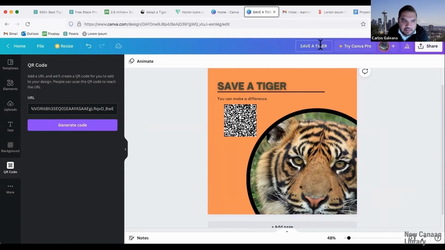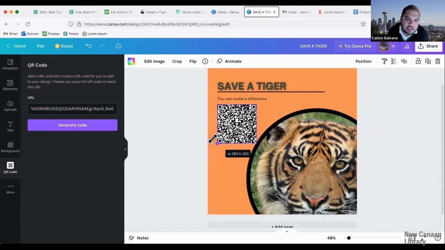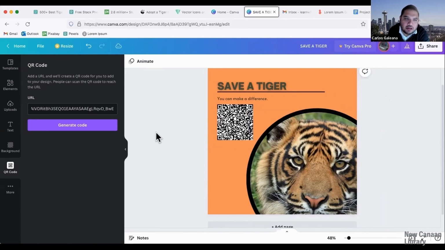And it's called Save a Tiger. As I make changes on here, it auto saves. There's like a little cloud icon here, and it's saving to Canva's cloud. So it's kind of like a little storage bin. And for you to get back into this project, all you have to do is just log back into canva.com and you can work on it again. If I make any mistakes or want to go back a step, I could just press the back arrow and do an undo. I'm all done, so I'm going to go ahead and do share.